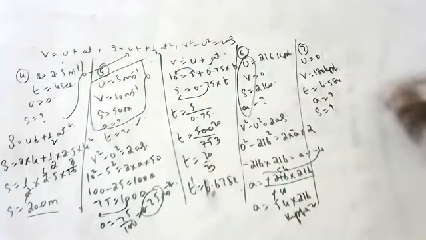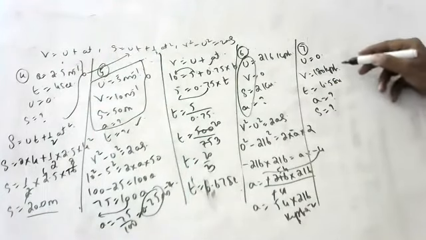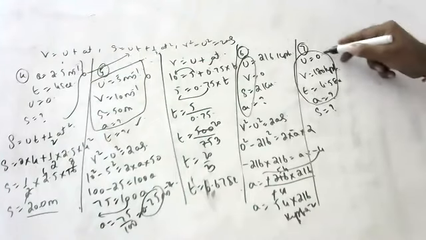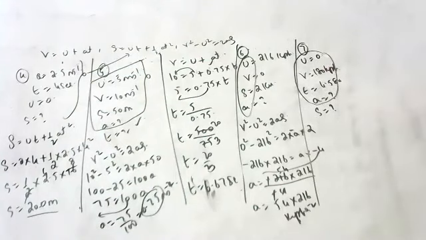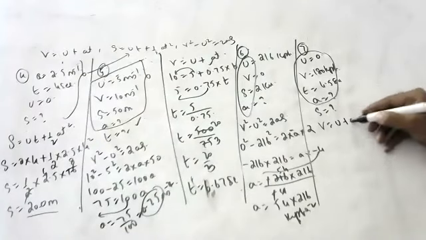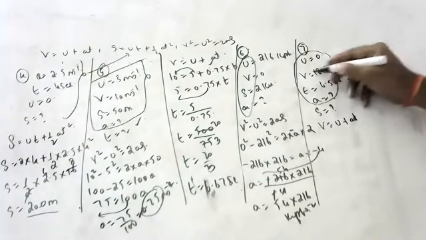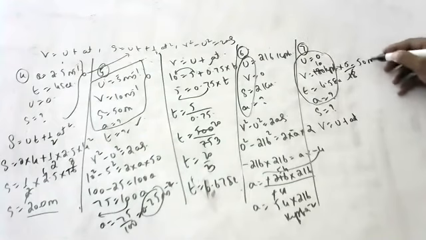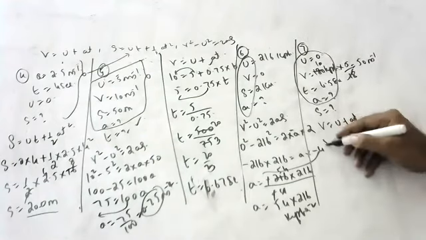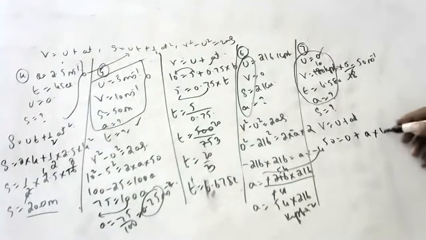First, connecting this 4.5, which formula do you have? V is equal to u plus at. Very good. But one small indication here: please convert kmph to meter per second. Multiply by 5 by 18. So this is 50 meters per second. Tell me, 50 is equal to 0 plus a into 4.5.